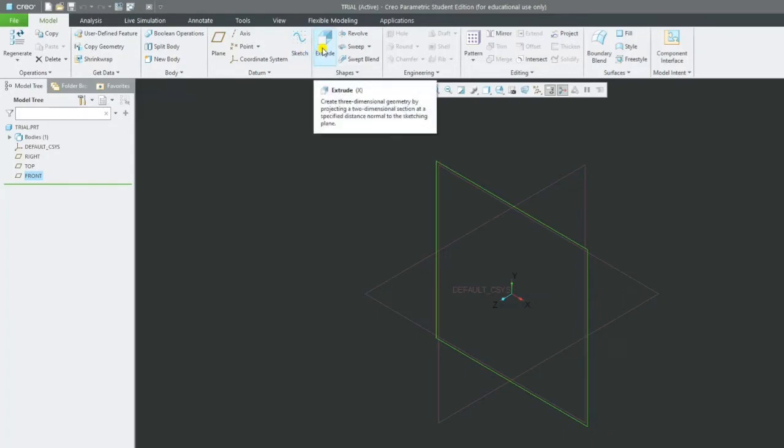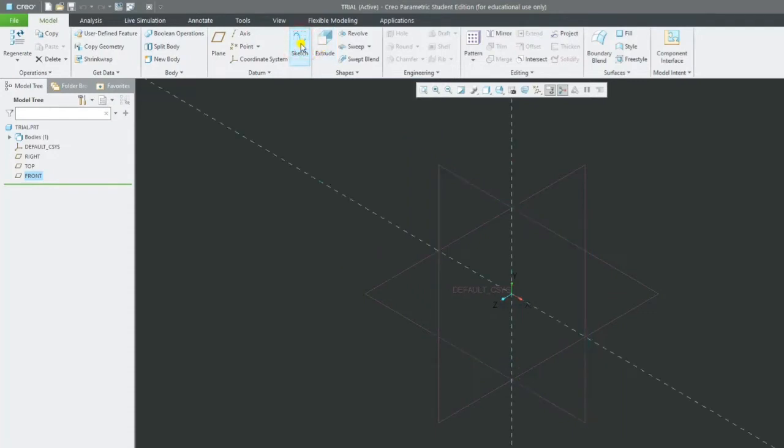Since we have selected the solid part, you can start drawing from the extrude itself. It becomes 3D part, or you can directly go for sketch, which has only 2D parts. So you can draw in sketch, then select extrude. You can do it, or you can do for the extrude also. So for the time being, let us go for sketch.